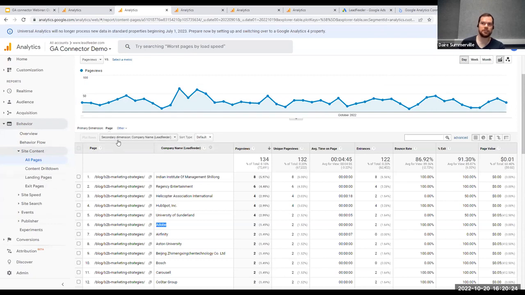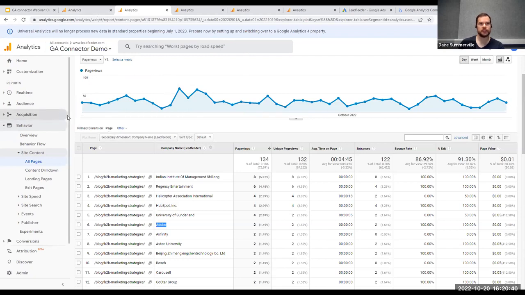It's very similar within GA4. There's a similar feature where you can add in a secondary dimension, and it looks very similar if anybody here is using GA4. And there'll be guides posted on how to set that up in GA4 as well. But it's not just available within the